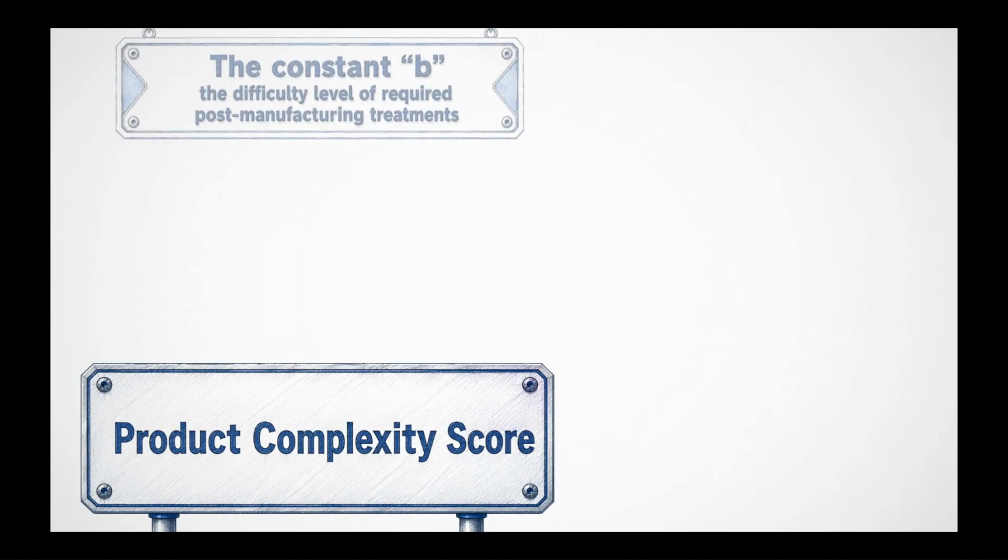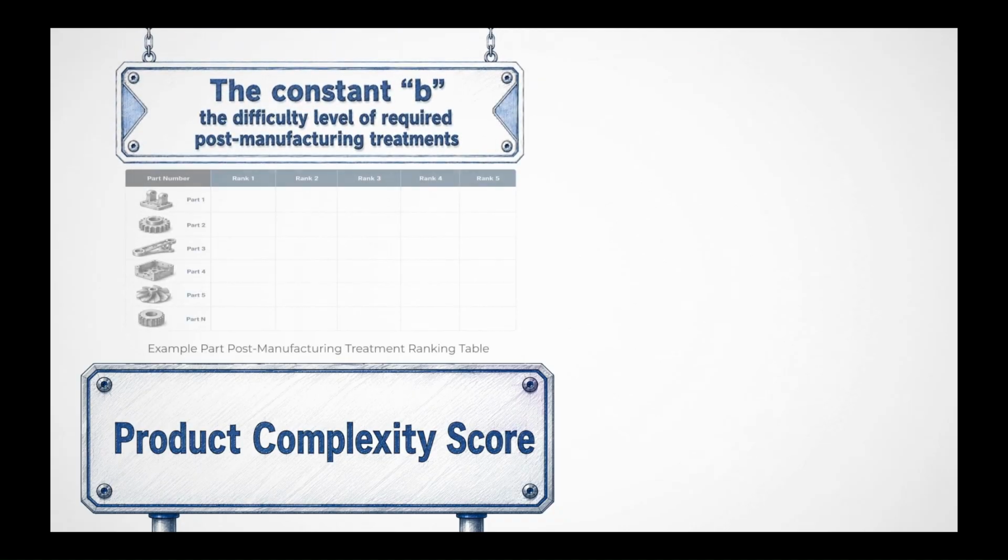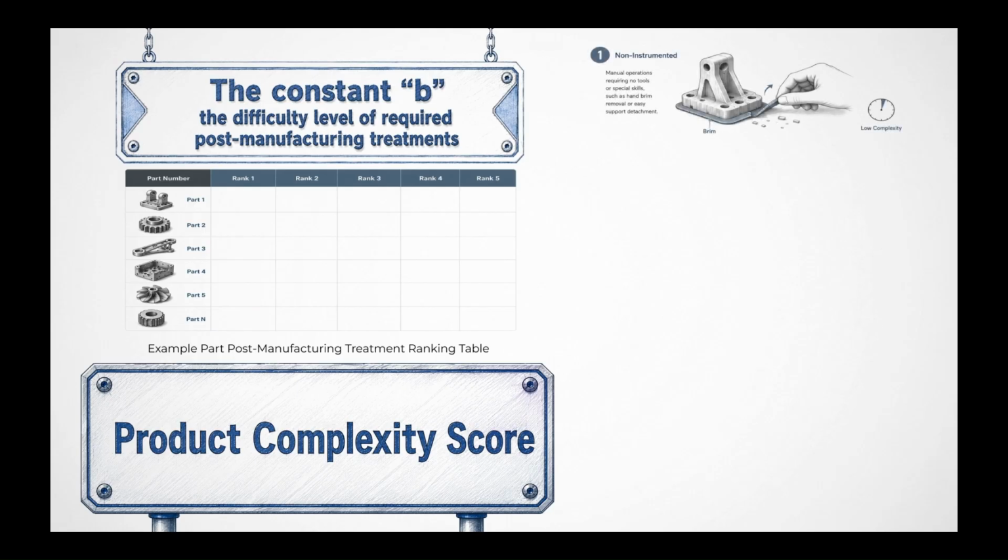Next, constant B represents the difficulty level of required post-manufacturing treatments. Score 1, non-instrumented, manual operations requiring no tools or special skills, such as hand brim removal or easy support detachment. Score 2, basic tool-mediated, standard hand tools addressing minor surface artifacts with low risk of damage. Score 3,